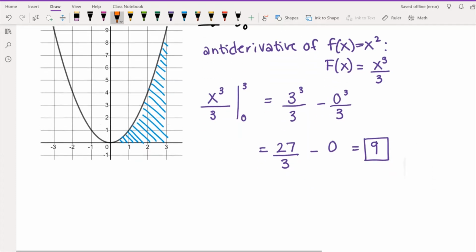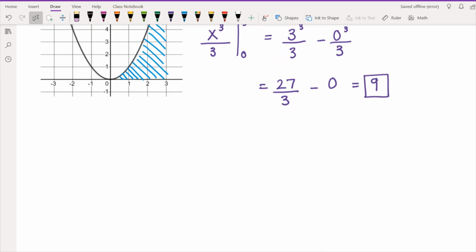So I just want to quickly show you what would have happened if we had used a different antiderivative and just see that we get the same answer. But again, this is not really how you would do it. So I'll just make a note here. If you had used, and maybe I like to use red when I'm doing something wrong, but maybe this isn't really wrong, so I'll just do it in a different color. So if we had used a different antiderivative,